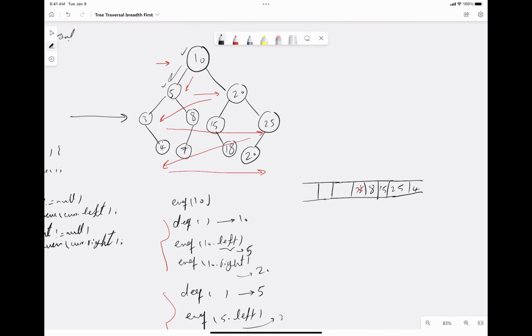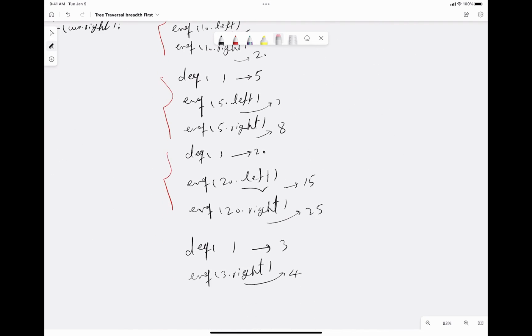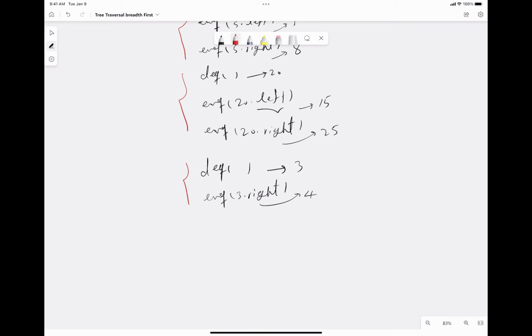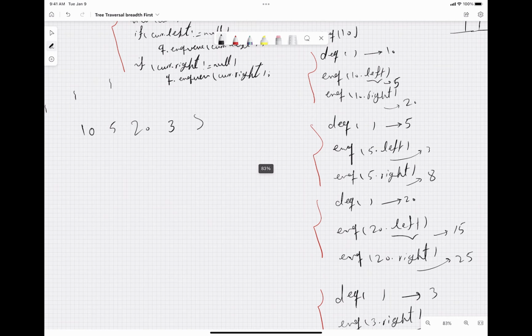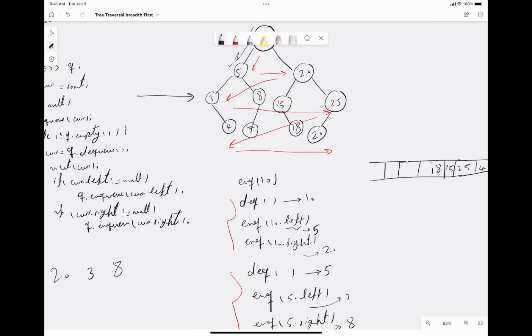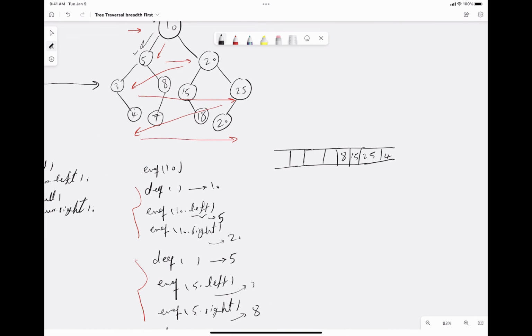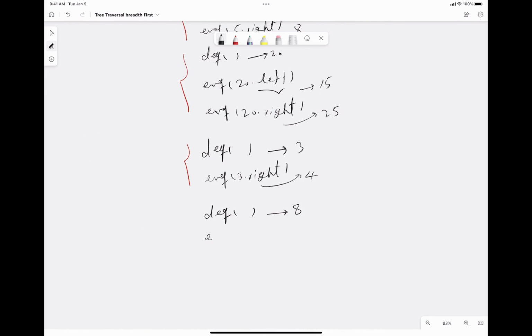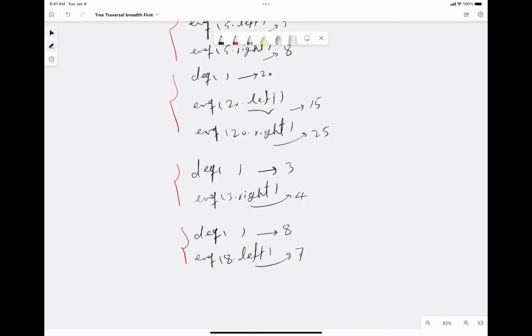Here, as you see, the next number is going to be 8. Let me also erase it here. So number 8, and that was one iteration. Here we're going to dequeue 8, and 8 will be printed. Here 8 has only a left child and not the right child. So let me put this mark here, and then we're going to enqueue 8.left, which is 7. So that's another iteration, and we're enqueuing the left child of 8,